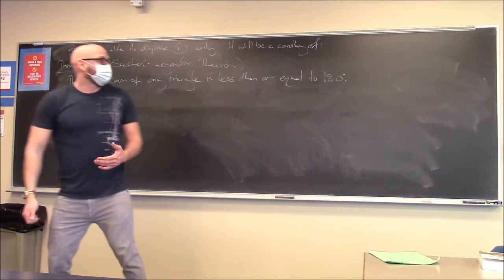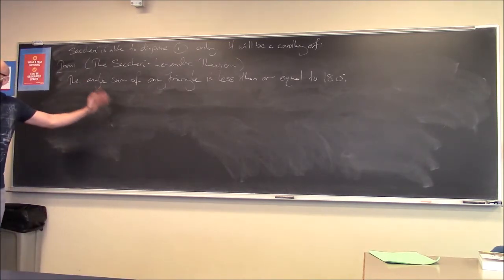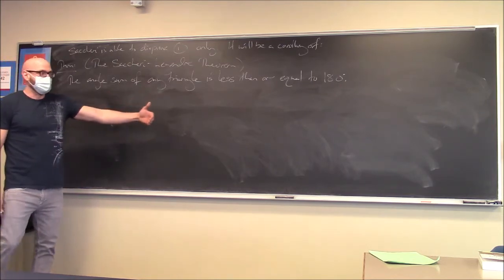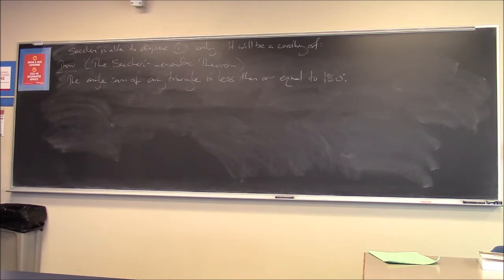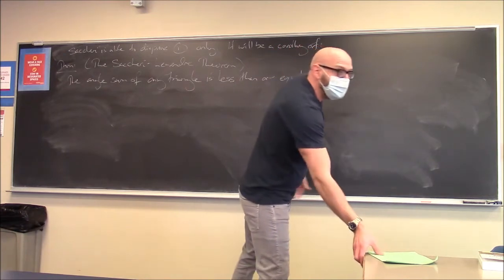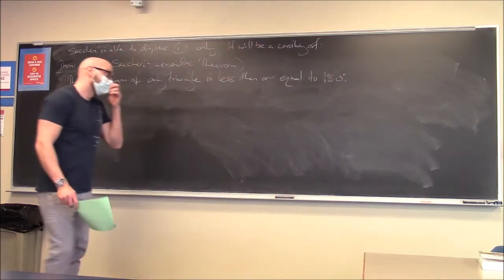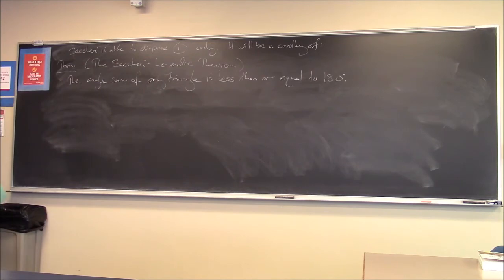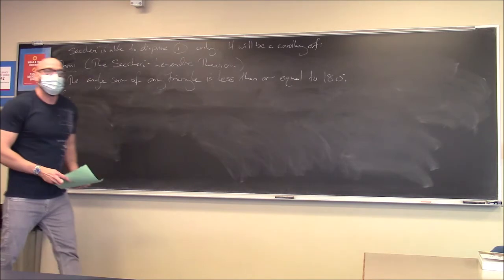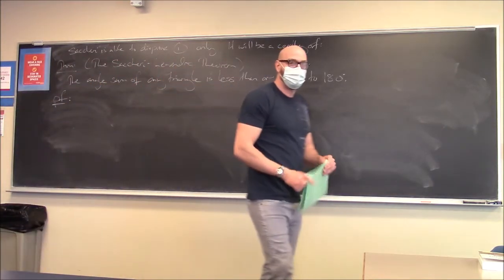Which is a much nicer statement, right? Instead of looking at these strange Saccheri quadrilaterals and the statements about those, why not just make an equivalent statement about triangles? So this is the sort of equivalent triangle statement. The angle sum of any triangle is less than or equal to 180. We know in Euclidean it's of course always equal to 180, but this is neutral geometry, and you're allowed to be less. All right, so we'll spend the rest of the class proving this. I'm essentially going to invoke two lemmas that we haven't proven yet, and I'll prove them after.